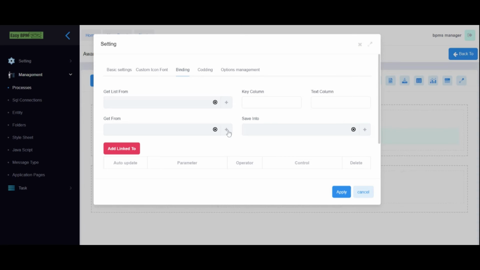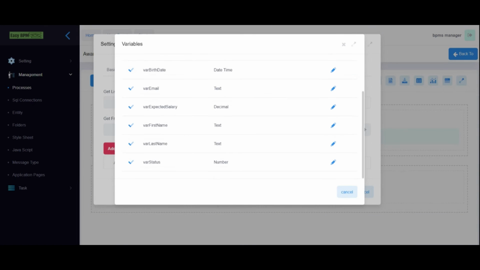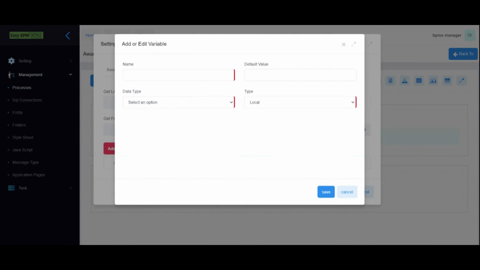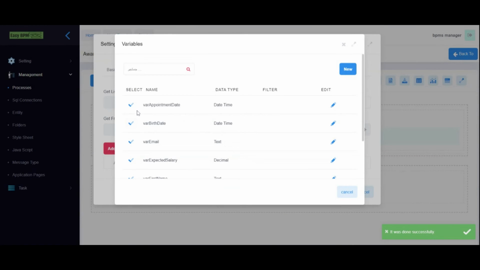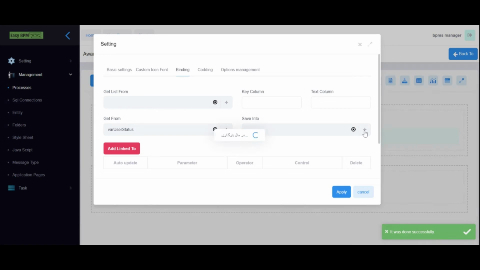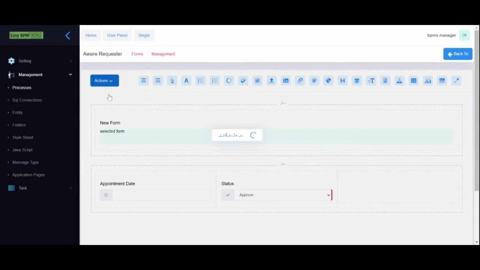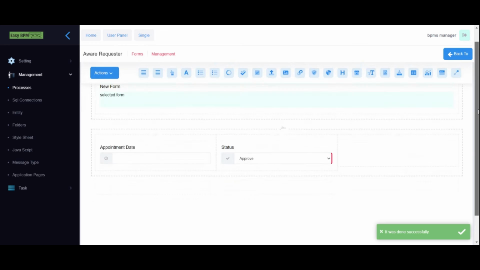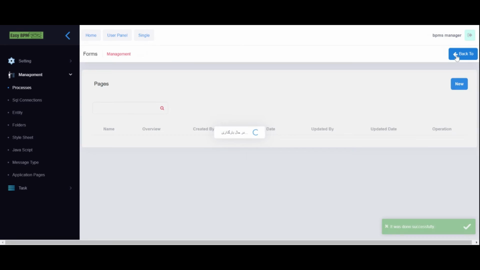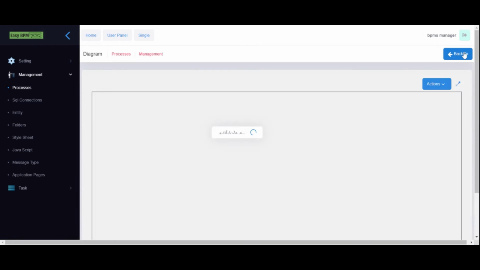For saving I will add var user status, is the number. The binding of the inputs or widget are very important. Okay, it's finished, and I go back to the